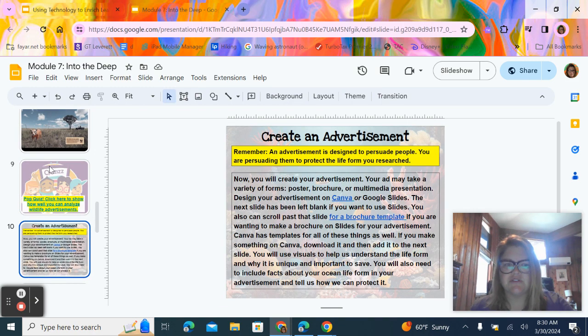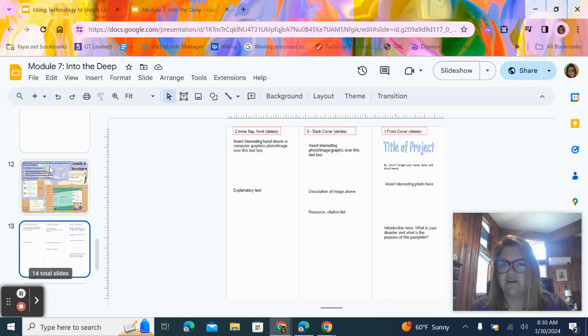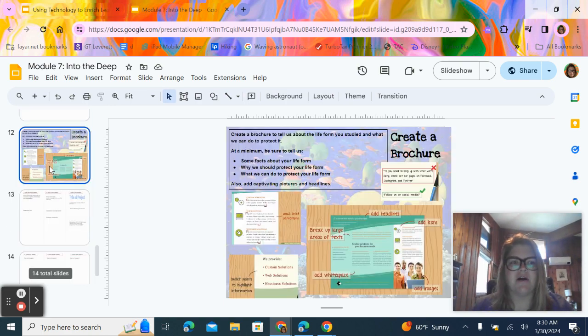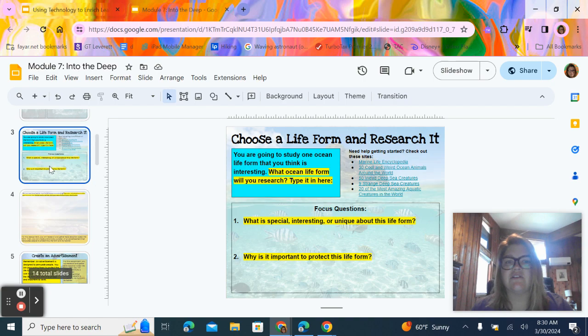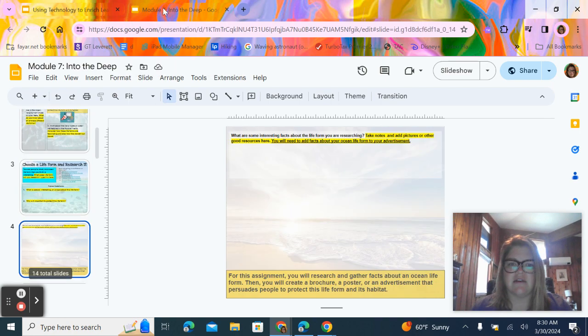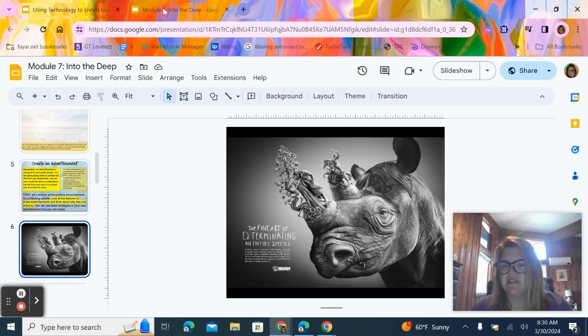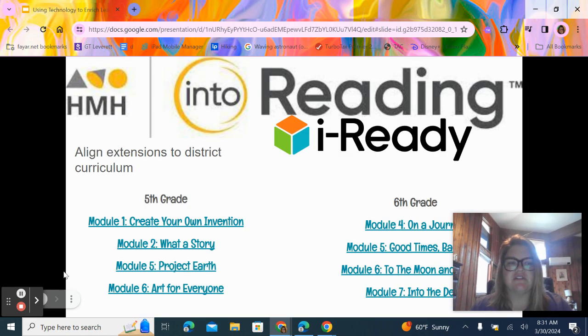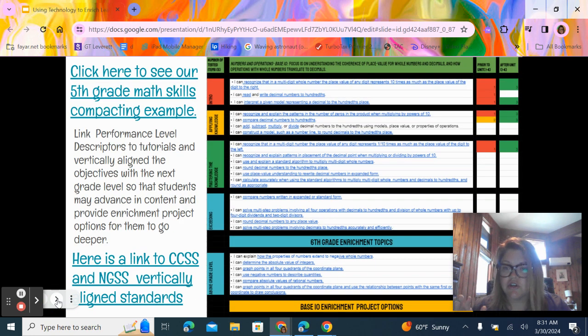And so this one just walks through another unit, which looks at endangered species and different parts of the ocean and life. And it eventually asks them to create a poster or an advertisement that talks about an endangered species. And it just walks them through it step by step. You can see everything's thought of. So you really just have to think about what your goals are, what you're wanting students to learn, and making sure that you're meeting that and just following